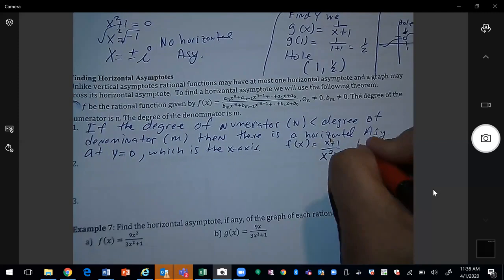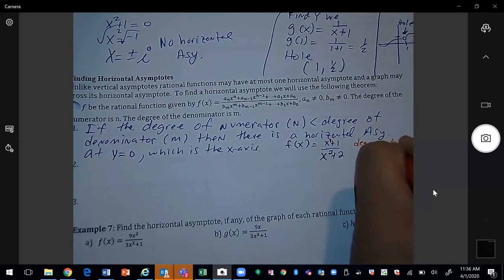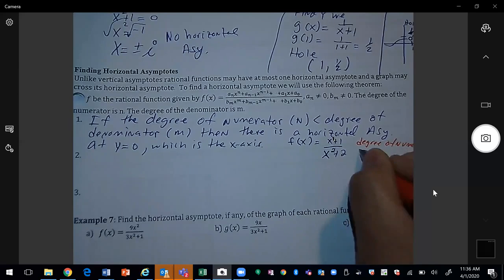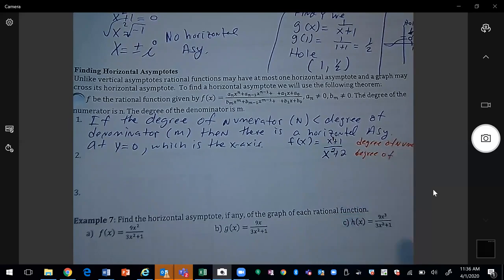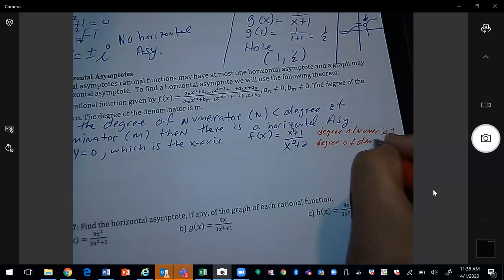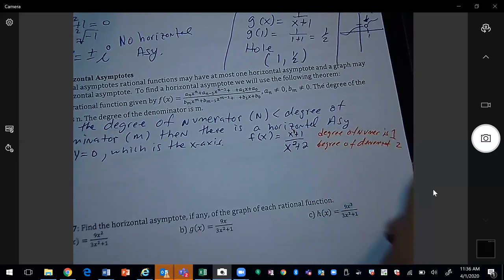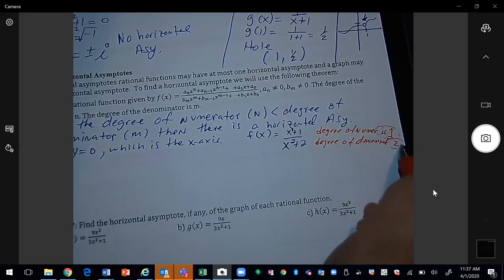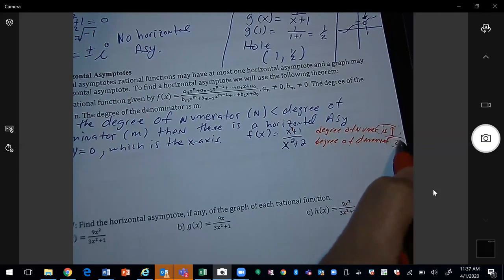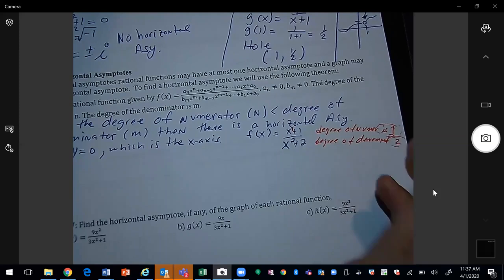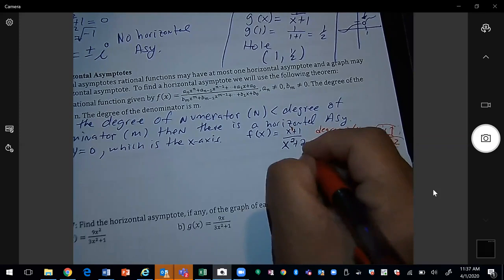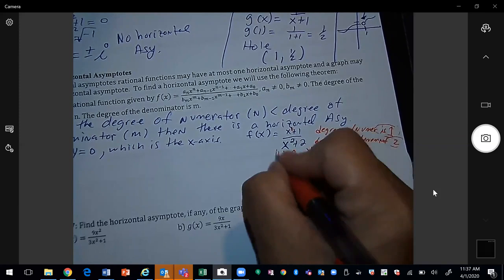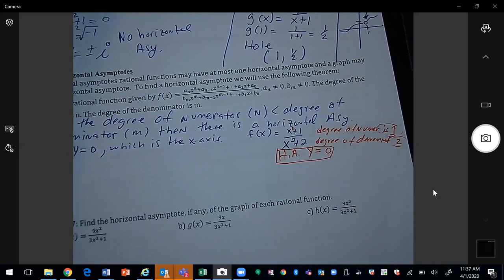So the degree here of the numerator is 1, and the degree of the denominator is 2, okay? So the top one is smaller than the bottom one. So the degree of the numerator is smaller than the degree of the denominator. So automatically we say that this problem will have a horizontal asymptote at y equals 0. And that's going to happen